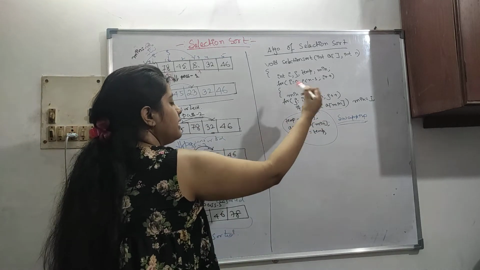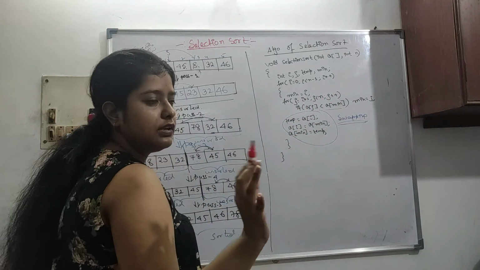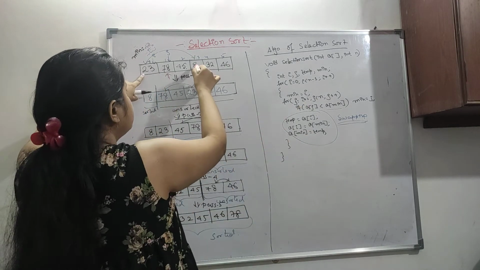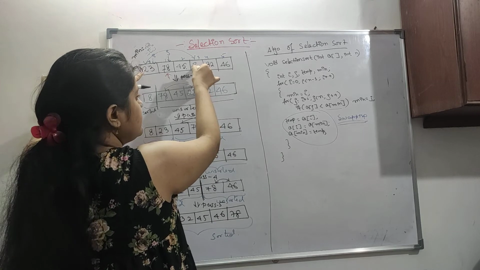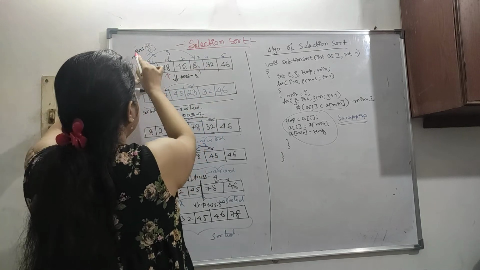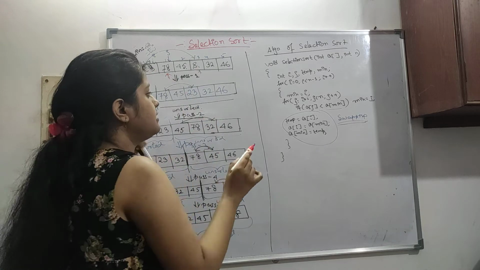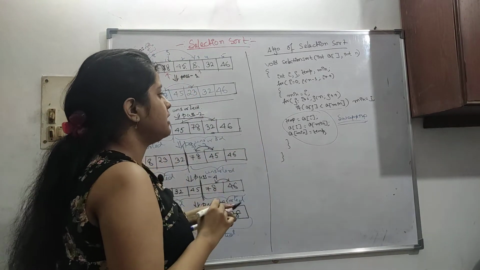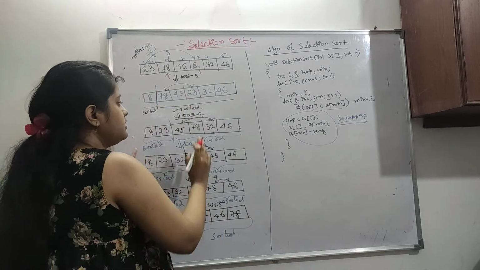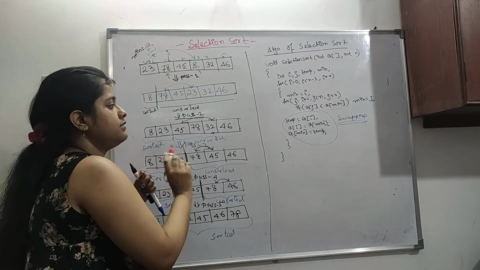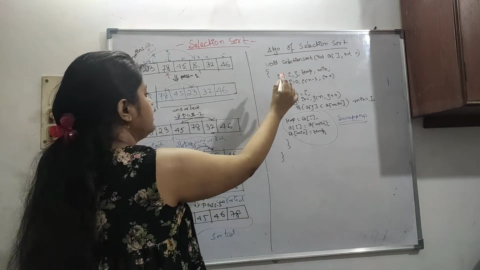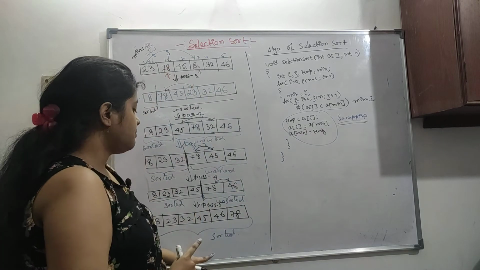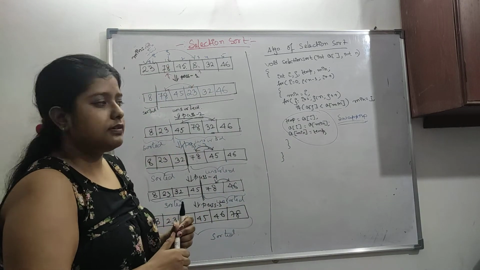So when we write a[j] or a[min], then we can say that is the array. So like this, when a[j] is less than a[min]. min was previously our 23. Now this 8 is this min. min will be changed from i to j. Then swapping is done. So like this, every pass we have seen how it is working. So you can trace it out with this code. So this code will be valid for all the examples here.